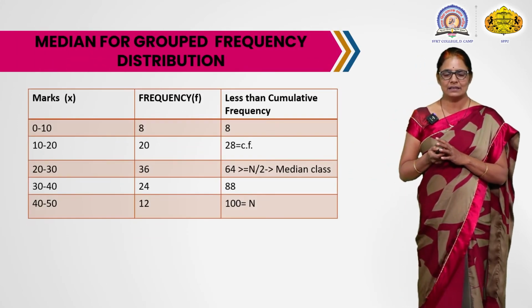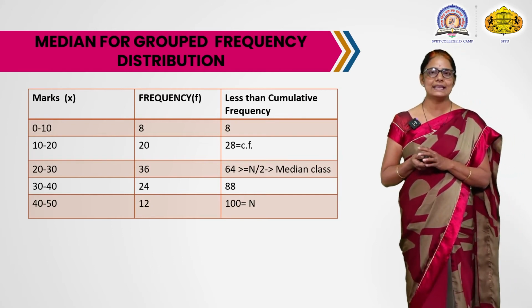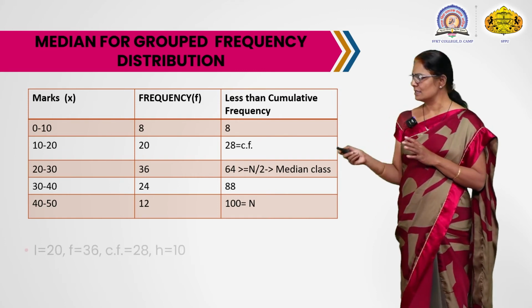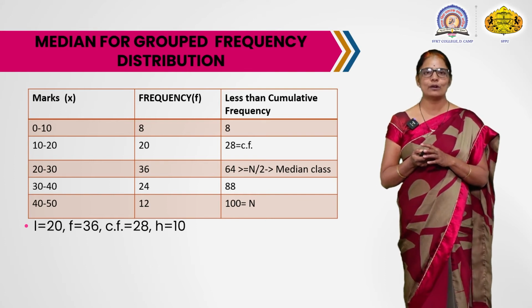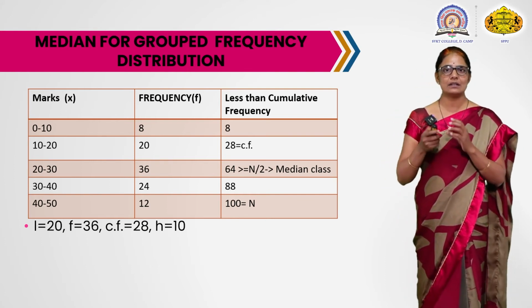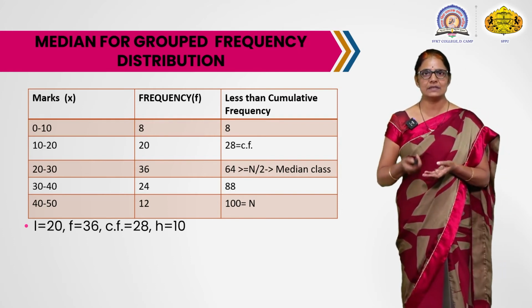So first we require the L. L is small l, the lower boundary of the median class. Here the median class is 20 to 30, so its lower boundary is 20. Next we require small f, which is the corresponding frequency, that is the frequency of the median class, which is